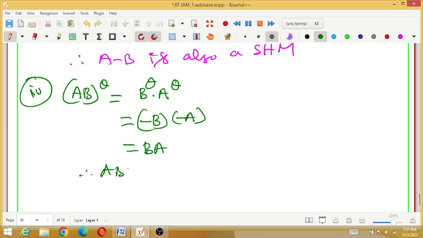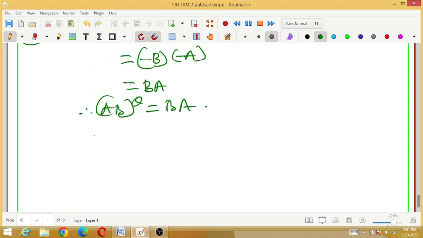So (AB)^θ is equal to BA. So if AB is SHM, this implies AB is equal to minus AB. So based on this condition, what I am saying is, if one property, one condition, when you say that